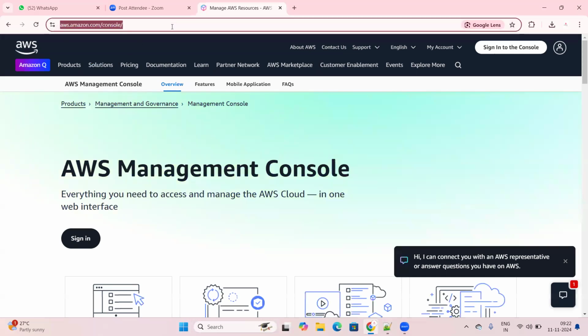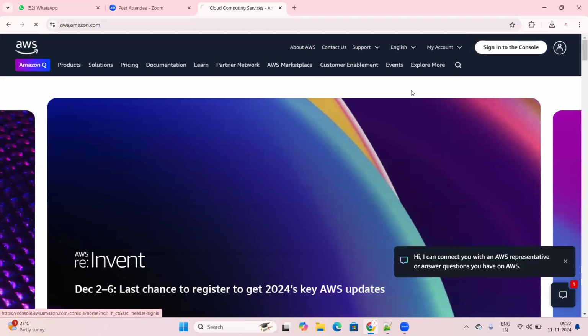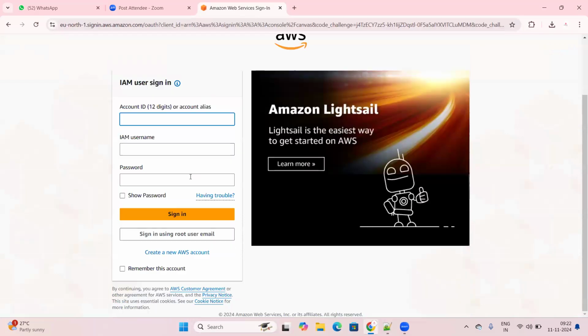Even IAM users will also go to the same website, aws.amazon.com. Yes, they will click on the sign into the console or sign in button. And there they will find a different option called IAM user sign in. Where are we finding this IAM user sign in? You can see here, downside, I have an option like sign in using root user email. Just click on